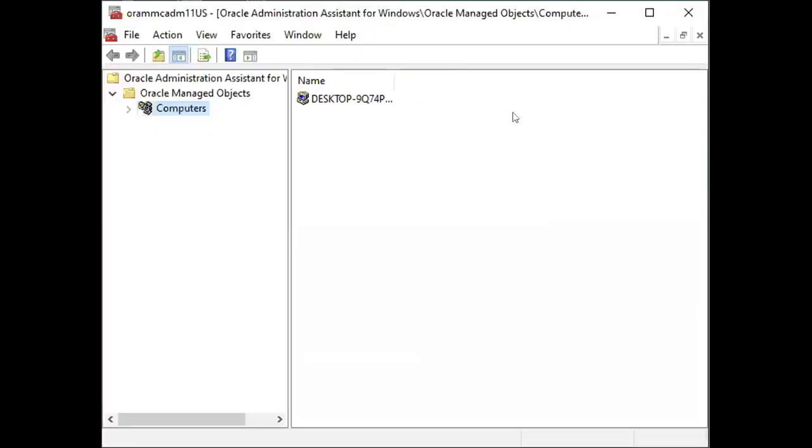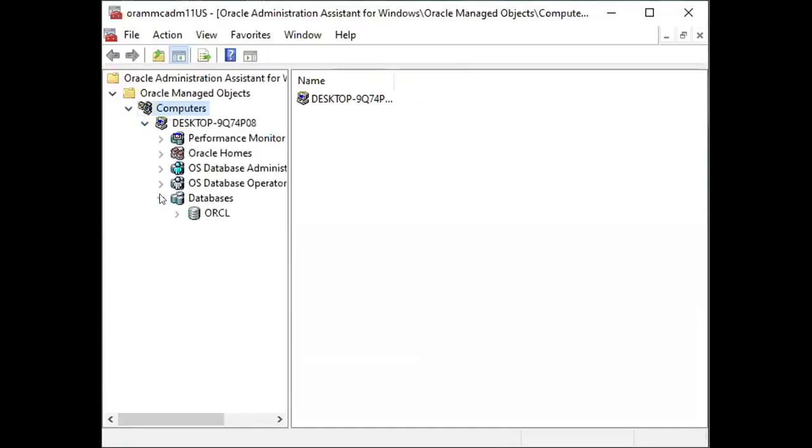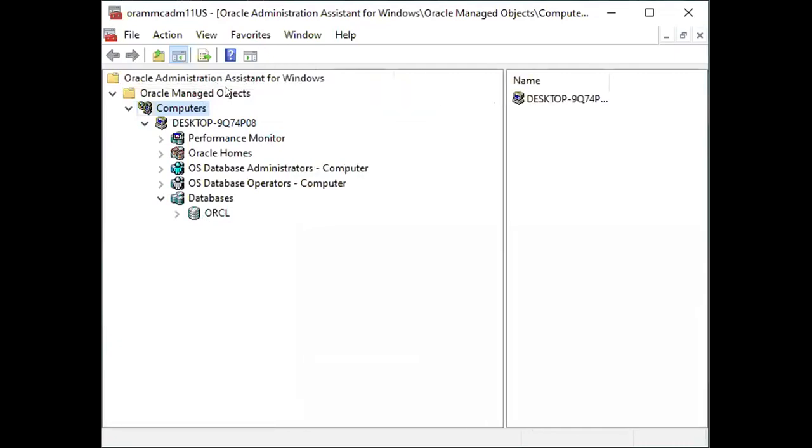Do you see my Oracle Administration Assistant? Yes, ma'am. In that, you can search for your database instance. ORCL is my instance. For those of you who have forgotten your database instance, fetch it from your Oracle Administration Assistant.